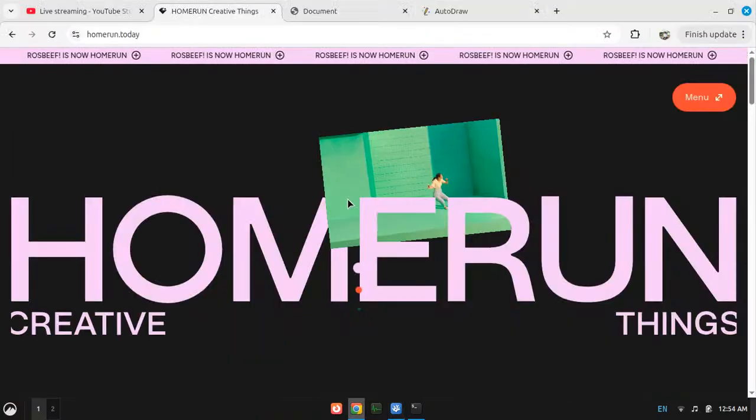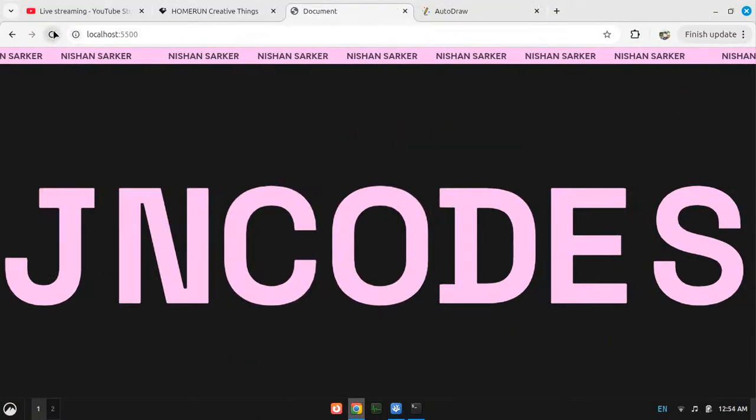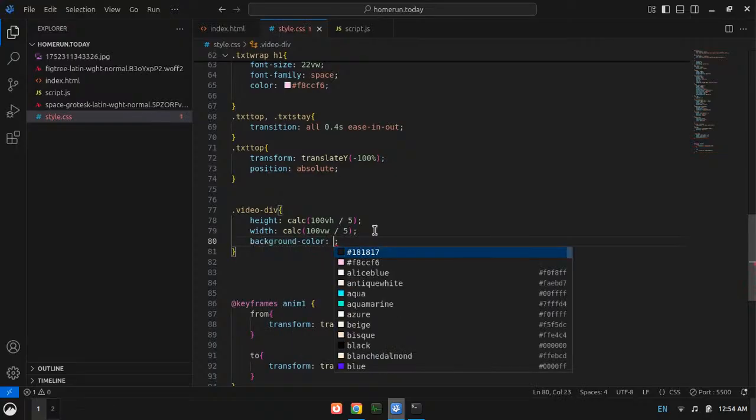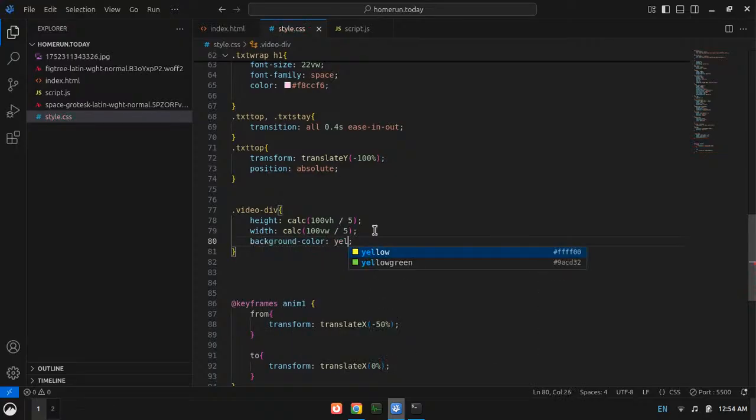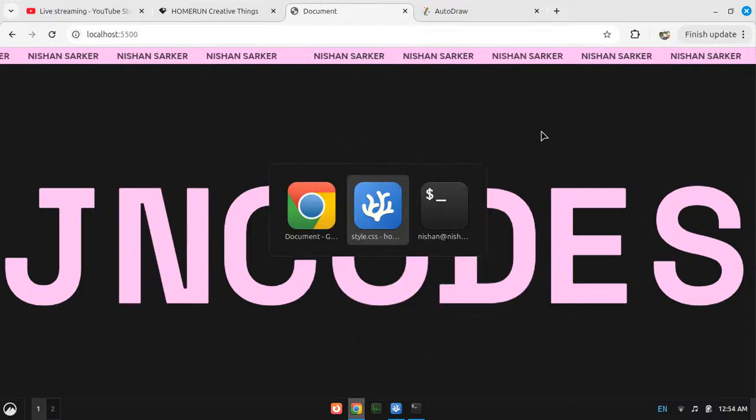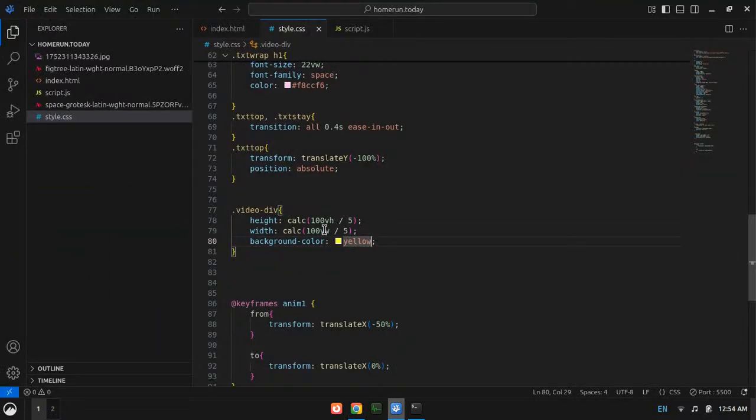Let's see what happens. I haven't given it a background color, which is mandatory. Where is the div? Where is the div?